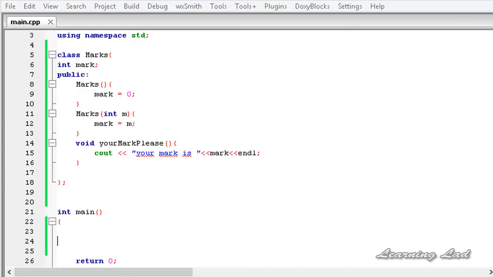So in this tutorial we're going to learn how to overload the increment and decrement operators when they are used as prefix. All of us know that when we use these increment and decrement operators as prefix, their meaning is different, and when we use them as postfix, their meaning is different. So here in this tutorial we're going to learn how to overload the increment and decrement operators when they are